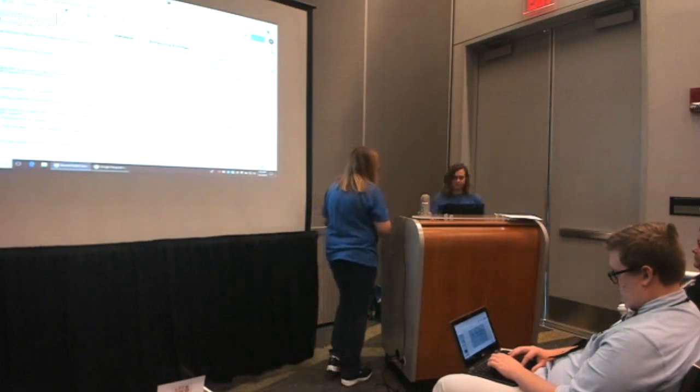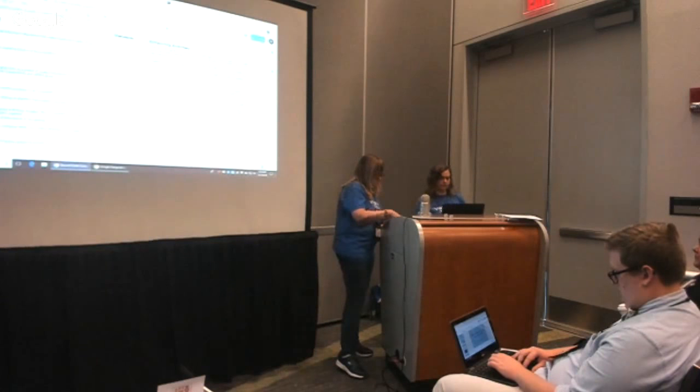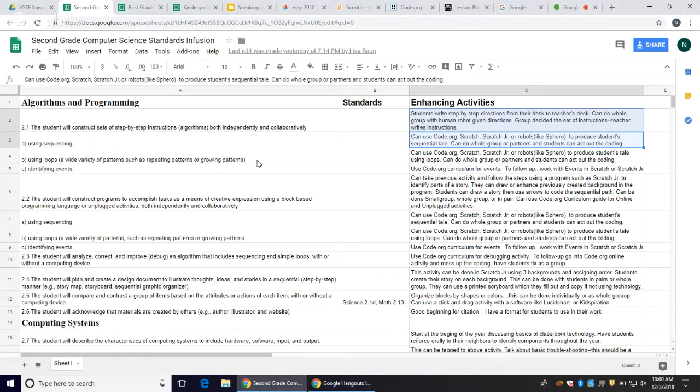Do you want to go ahead? Is that second grade up? That's the second grade, yes. The second grade is a little different because they get a little more involved. They have things called identifying events, loop sequencing. Are those some of the things you were talking about that you don't necessarily know what they are?